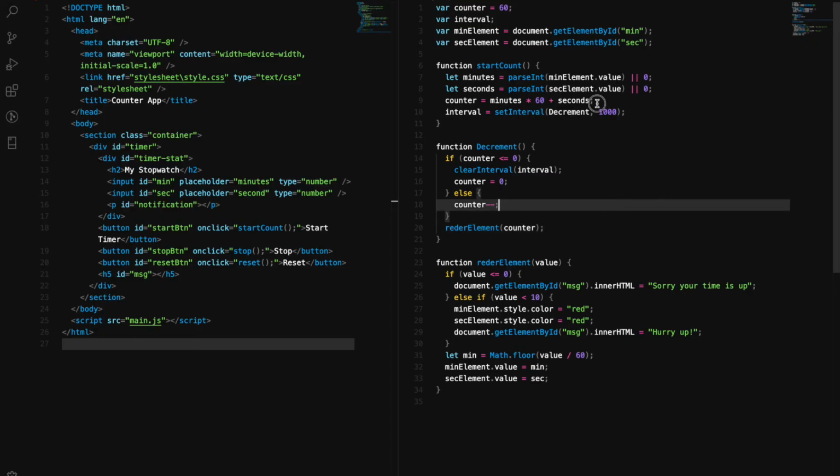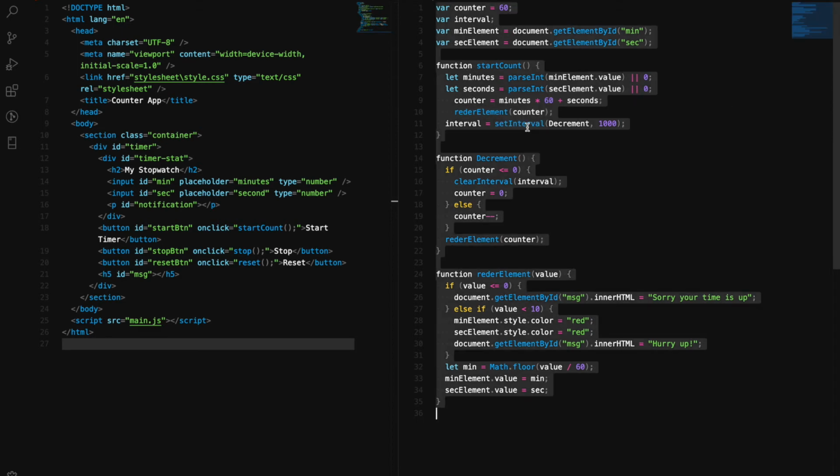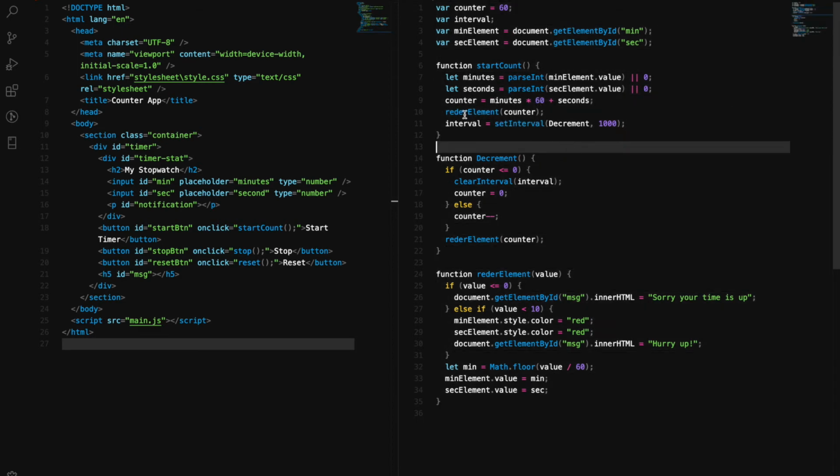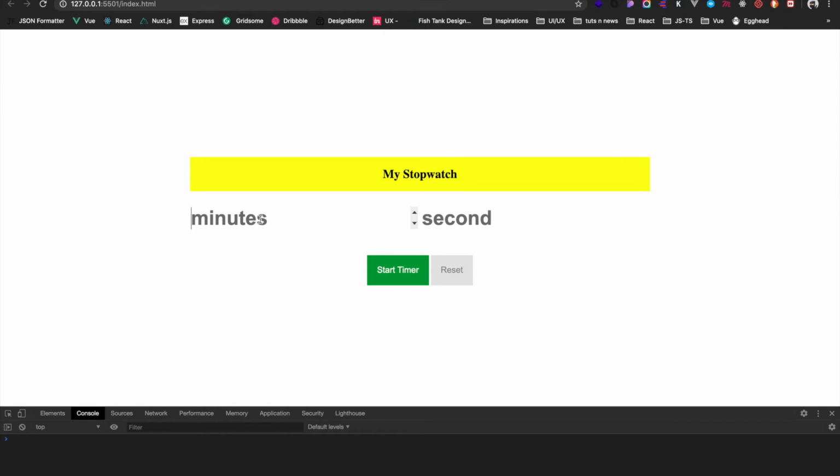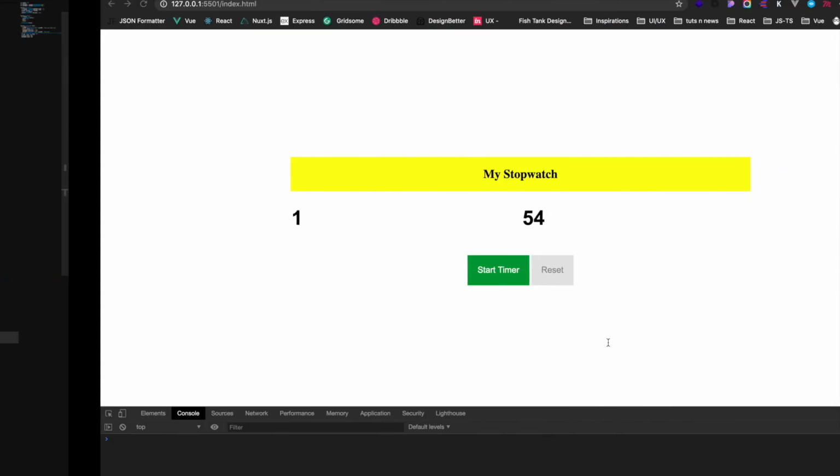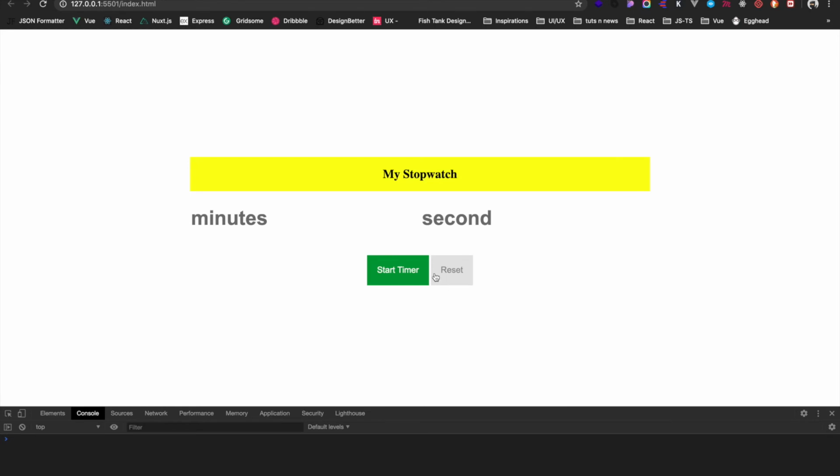We also missed out placing renderElement right here inside the startCount function. So renderElement. So yeah, let's add 2. Let's start the timer. Yeah, it's working fine. Now let's go ahead and add some basic styling for our